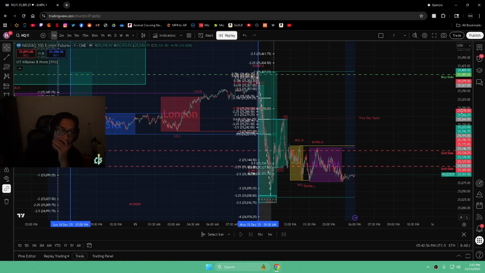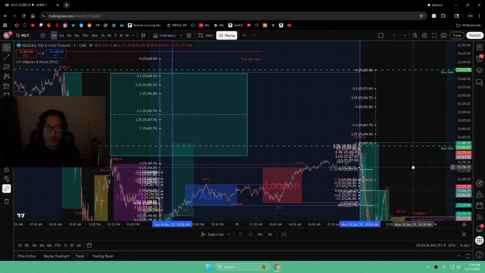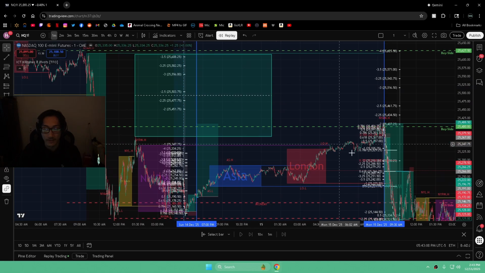Now, this is all based on narrative. This is all based on liquidity. This is all based on imbalances. Right. Now that you know that, and also here, like,